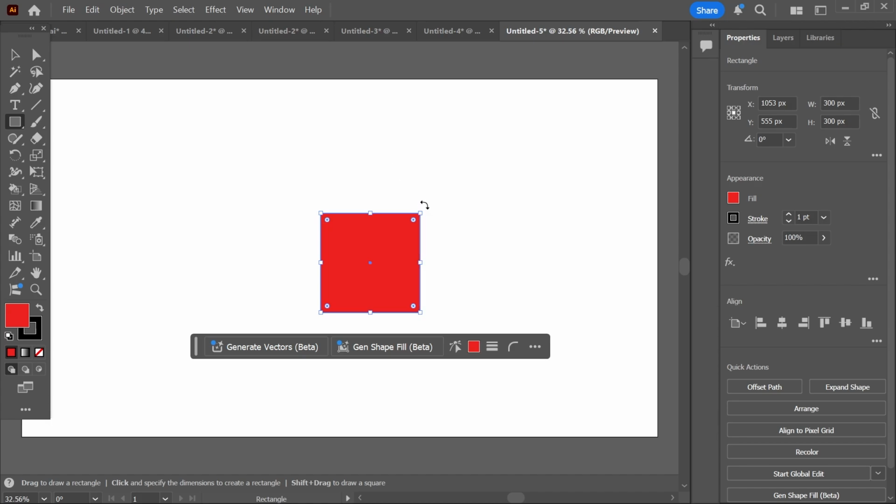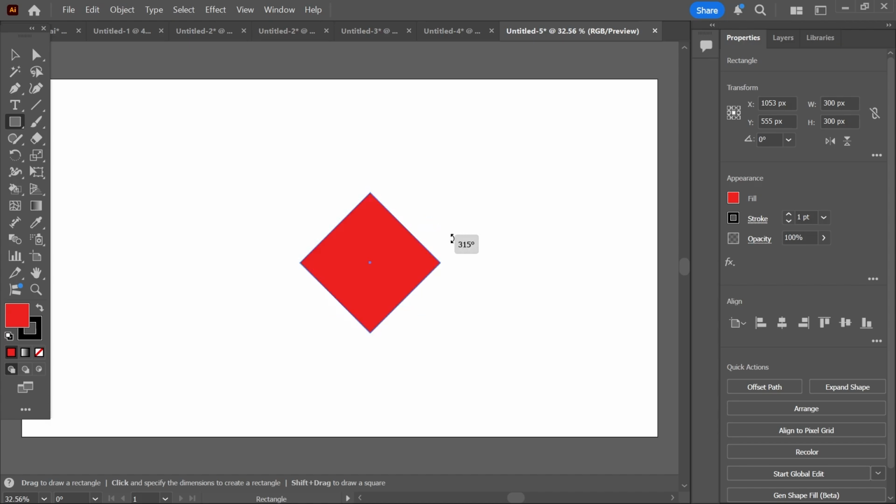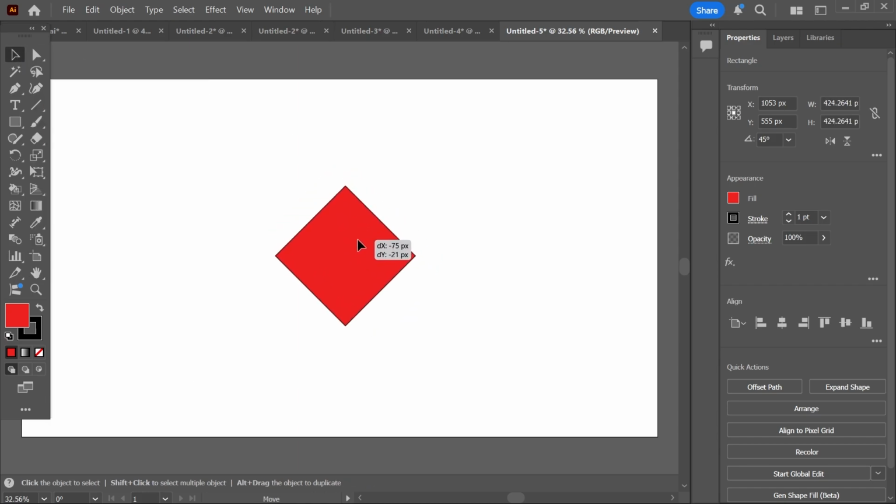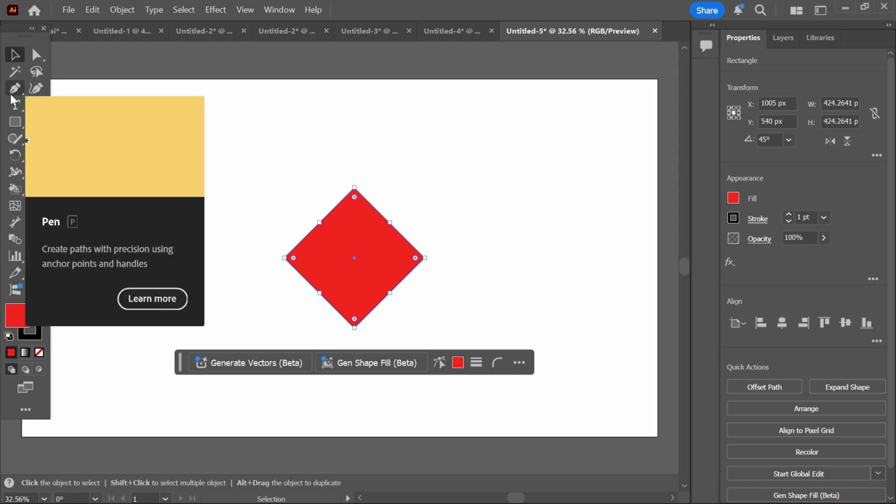Now move your mouse cursor to the edge of the square so you can see this rotate icon, and now while holding down the Shift key, we need to rotate this 45 degrees. Once you've rotated it 45 degrees, you can then release your mouse button. Now you can use the selection tool to reposition this on the page, then click on the pen icon, and